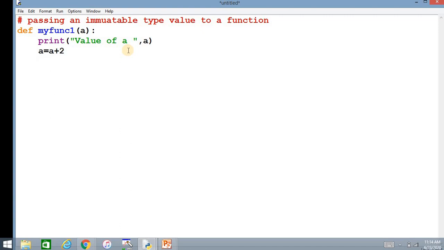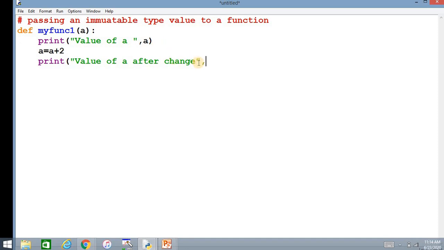Then again after that I am going to print the a again here. Value after change, value of a after change.